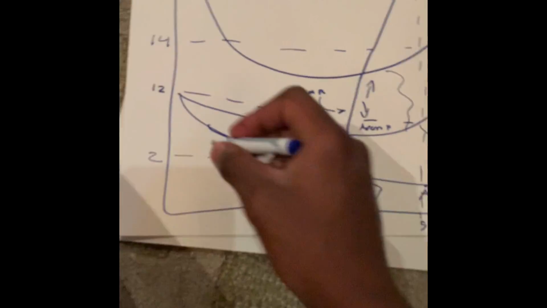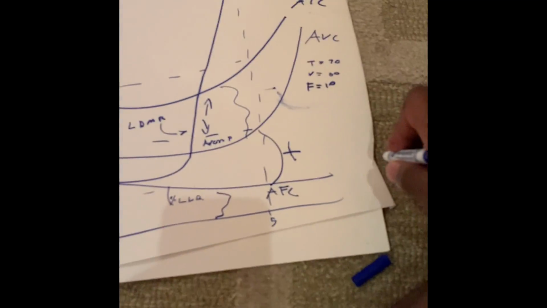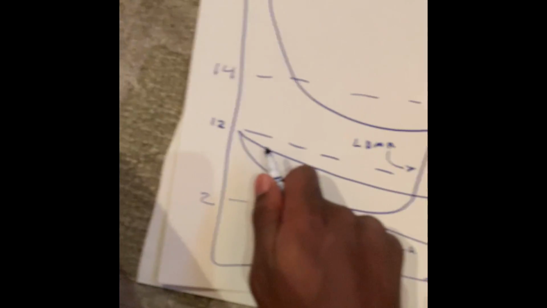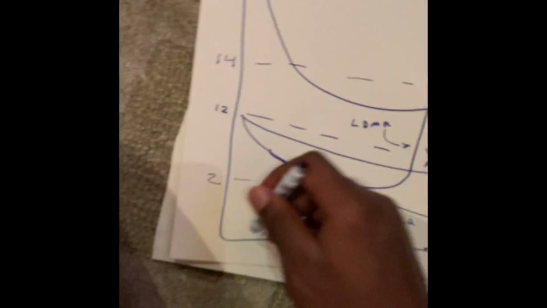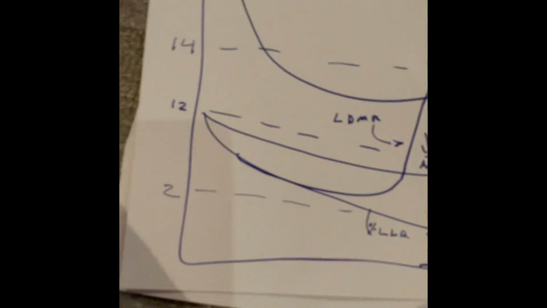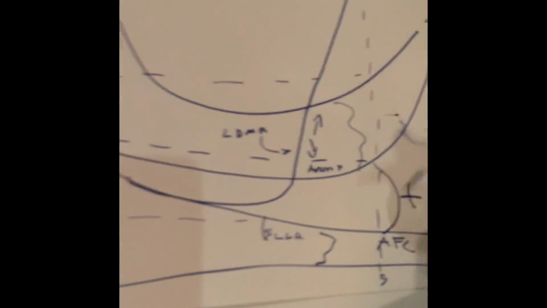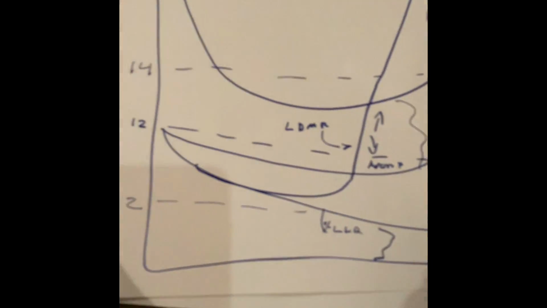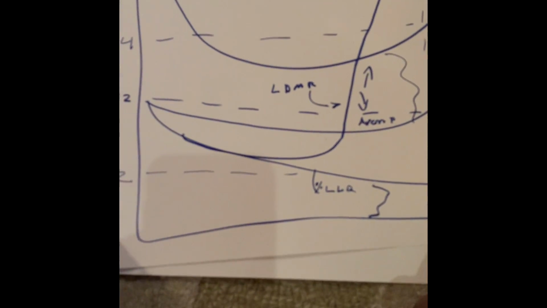Now, let's get back to the graph. First things first, you gotta understand this one is the AFC. You may be wondering why it's going down. That's because the fixed cost gets divided by the quantity as the quantity gets larger, so it's always going down since the quantity is increasing.